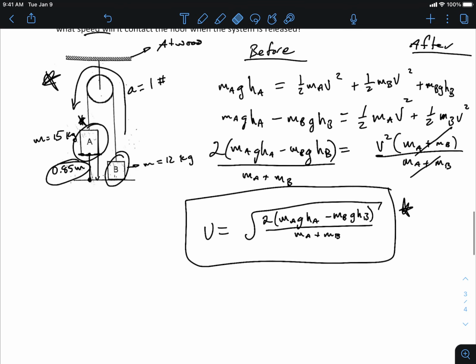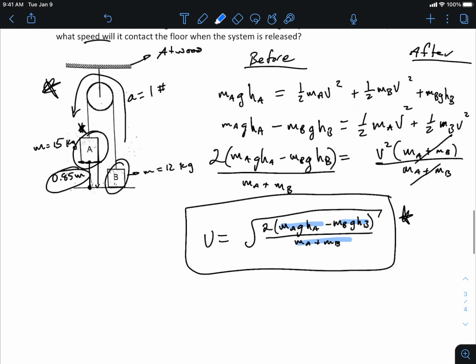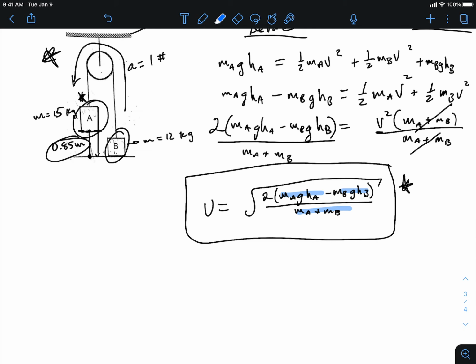By doing the algebra, you don't lose, through convolution, all these numbers. Like if you plugged in the numbers, you just have numbers that were just specific to this question, but now you have something that is specific to Atwood machines, right? And solving Atwood machine systems using an energy argument, okay? And you can find the speed of the system through this, okay? If I ever asked you to do that. That's what's nice about the algebra, okay? So all you would have to do now is just plug in all your information, like we know all this stuff,